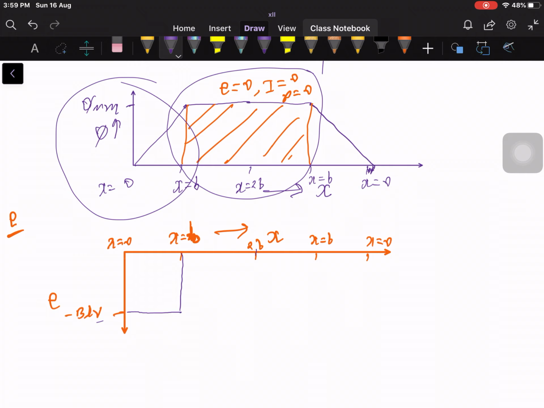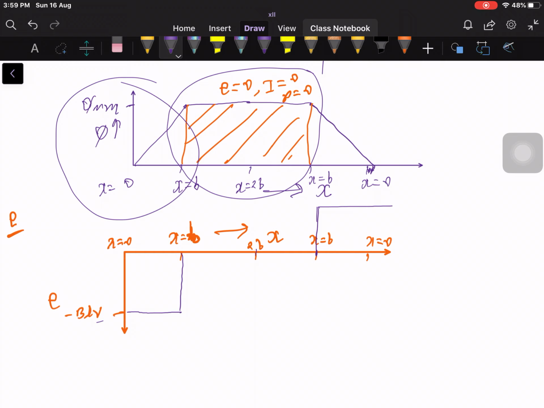When it comes back to x is equal to 0, then in between, when x is equal to B, again it is 0. But as soon as it is entering the magnetic field, again flux change will start. But now in which direction? That is also a very, very important thing. This will not be the case. Now the direction will be opposite, so it will be in this direction now. I think you got it all.